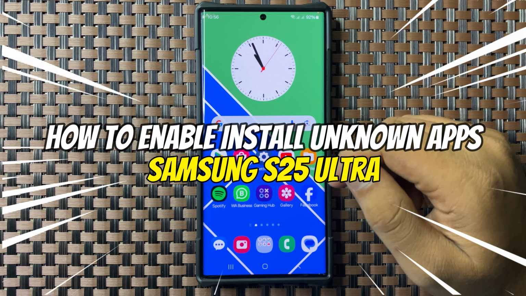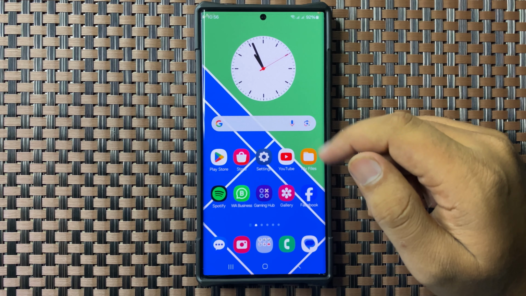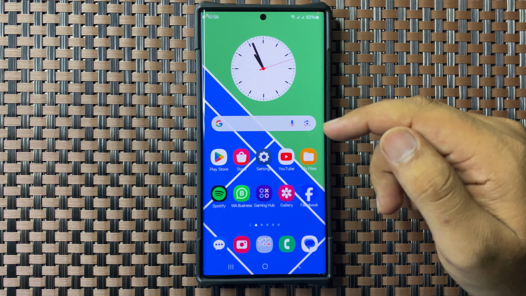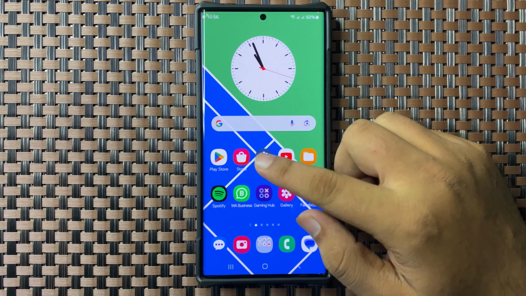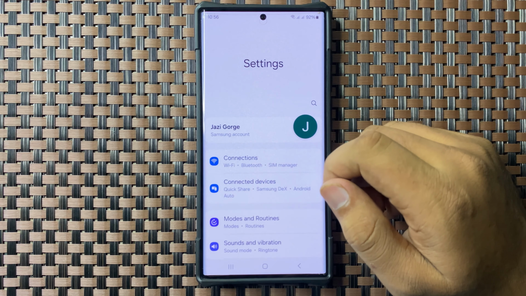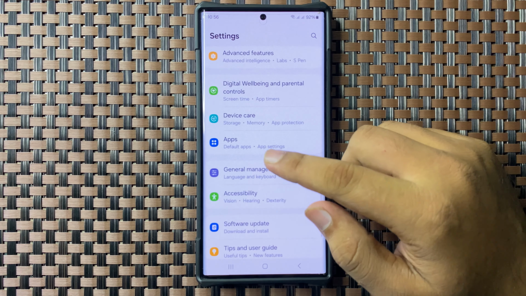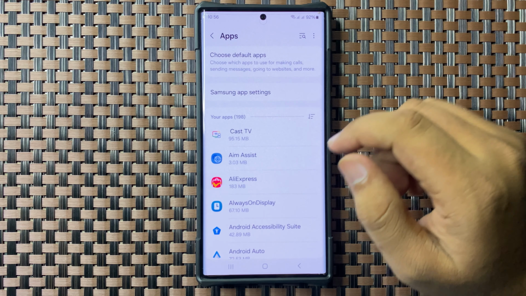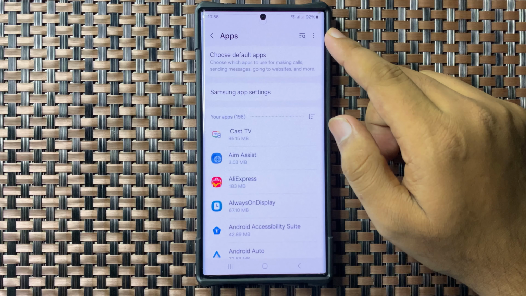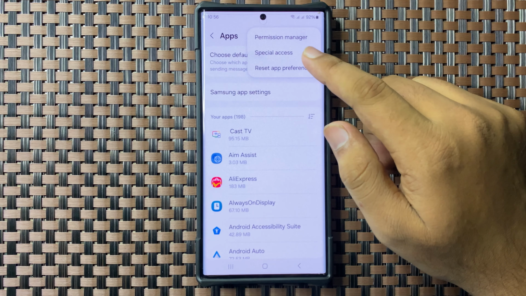In this video I will show you how to enable install unknown apps in Galaxy S25 Ultra. So first of all, open settings. Now in settings, scroll down and here tap on apps. Now in apps, tap on this three dot more option on the top right corner and then tap on special